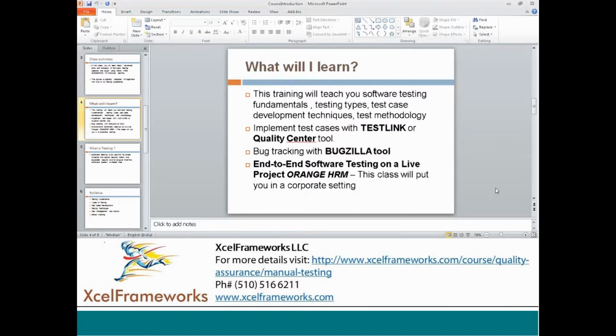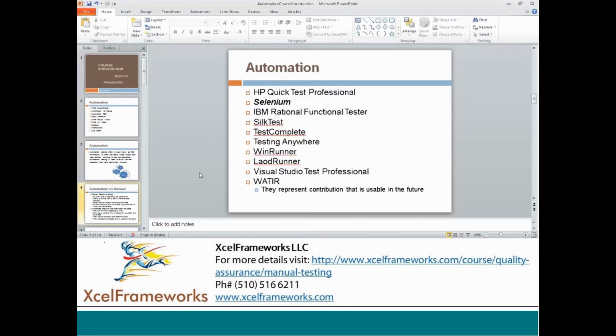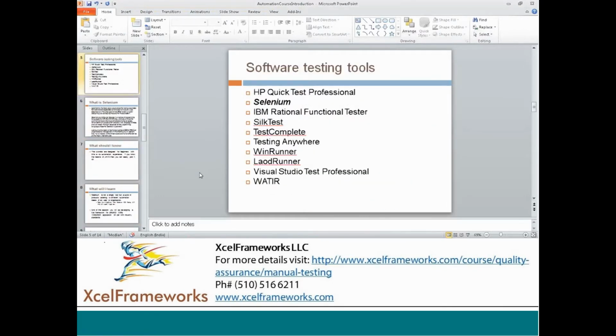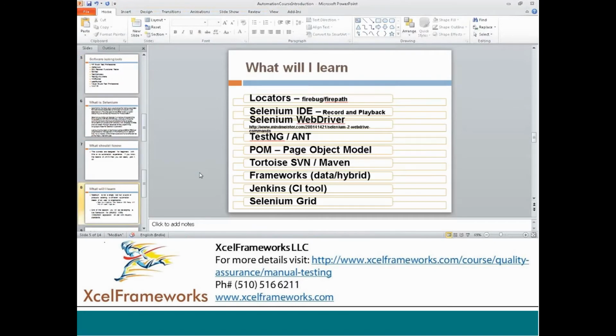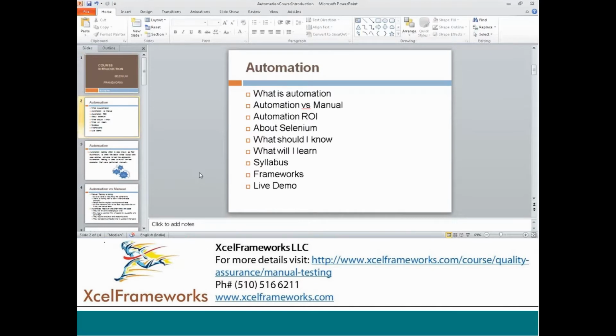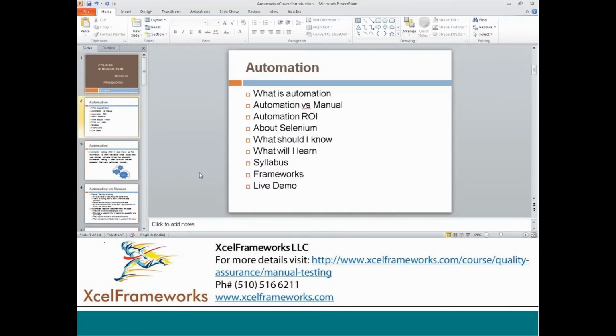Okay, sure. What I will do, I also thought of talking about automation. I didn't want to confuse you as of now. Do you want any basic idea of automation? I can talk about the course content, so probably it will be better if you get an idea of what we are going to cover in automation. Okay, sure. Coming to automation,